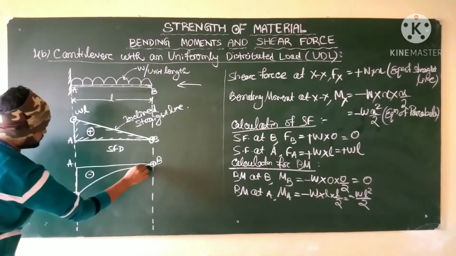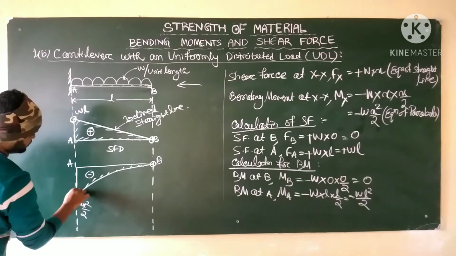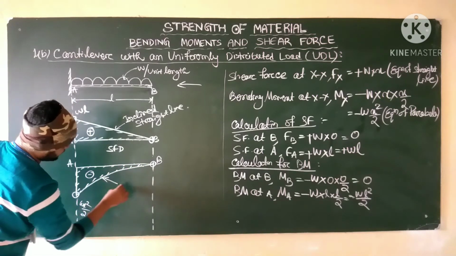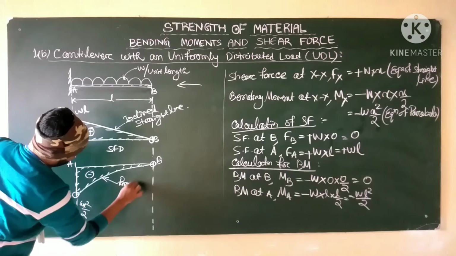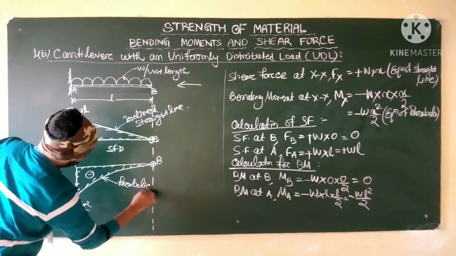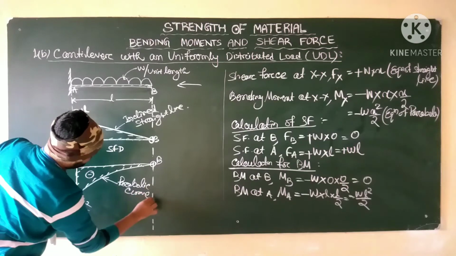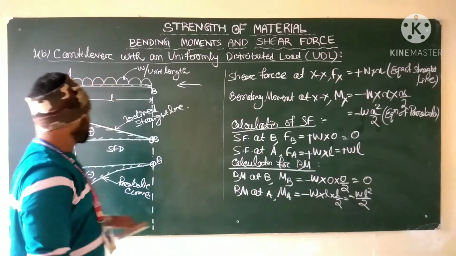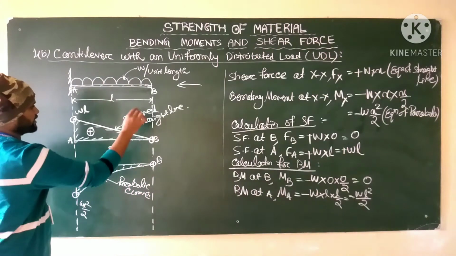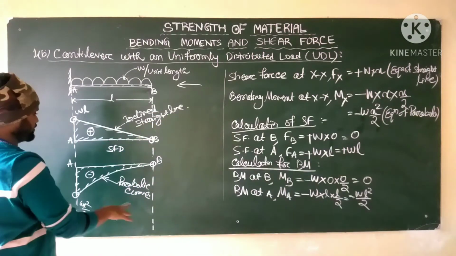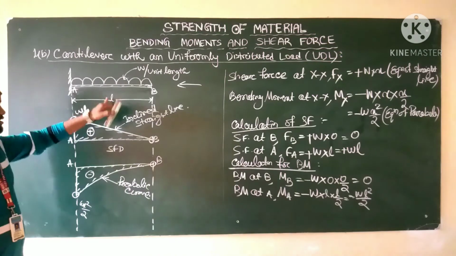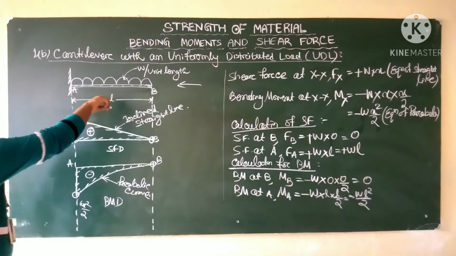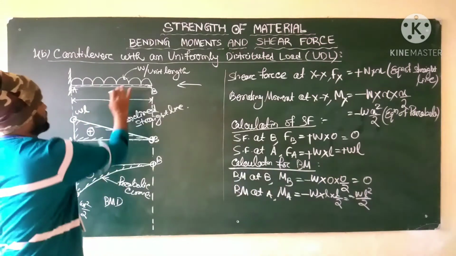Negative. Hatching must be done there. Then you make an arrow mark and write parabolic curve. Then the examiner will see that the student knows something. Make an arrow mark and write what this is, inclined straight line or parabolic curve. This is the shear force diagram and this is the bending moment diagram for this question or this formula.